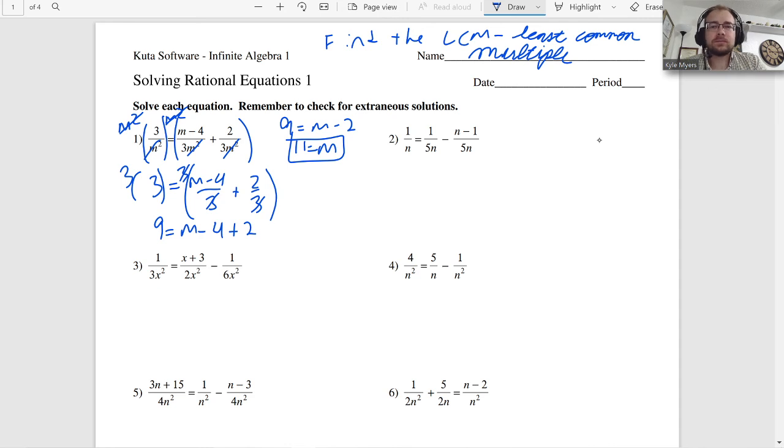All right, so for number 2, I've got this and this, and like I was saying before, if you multiply both sides by 5n,